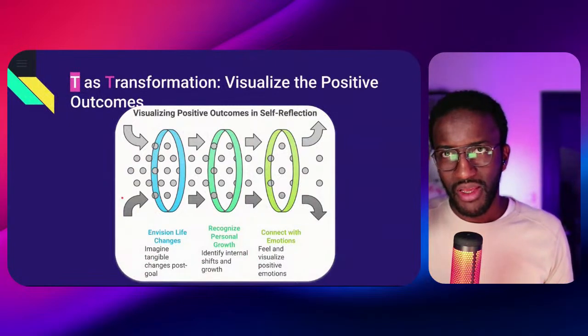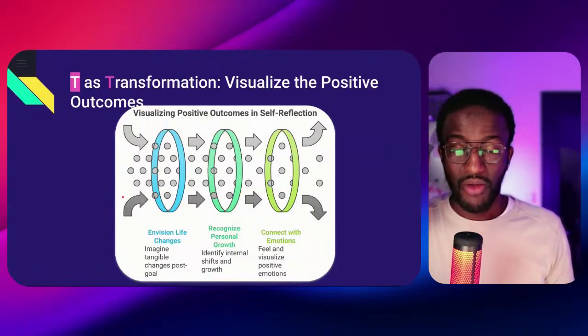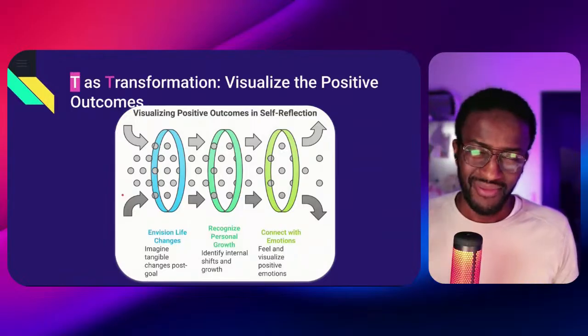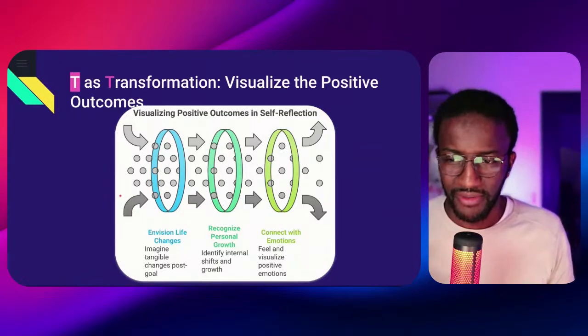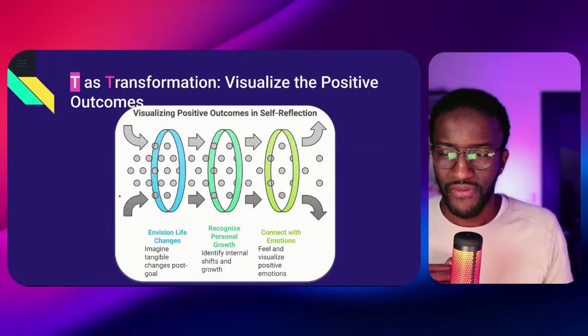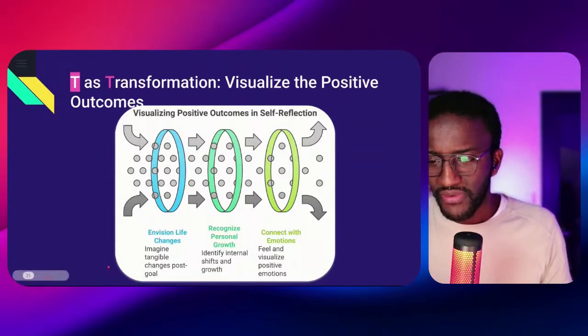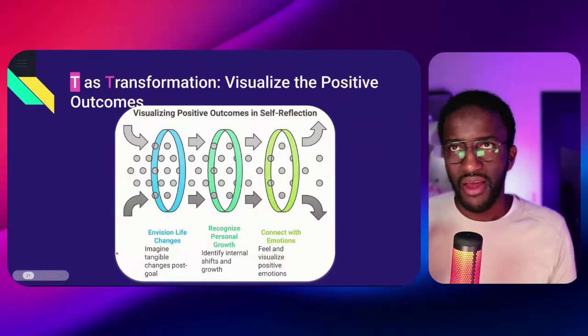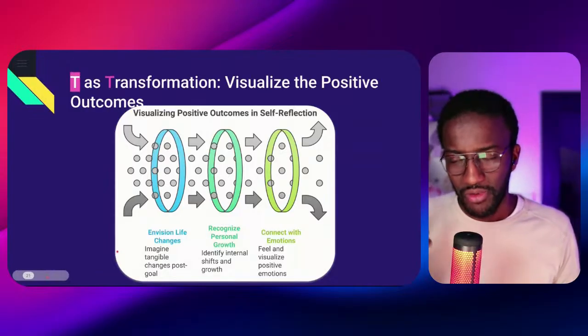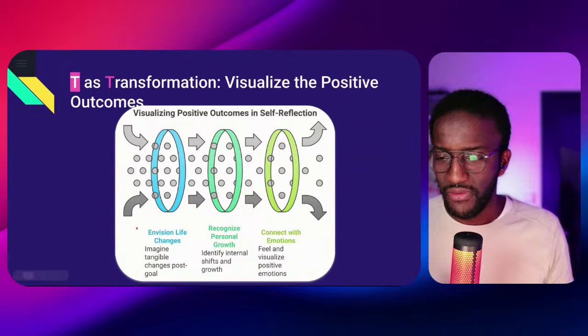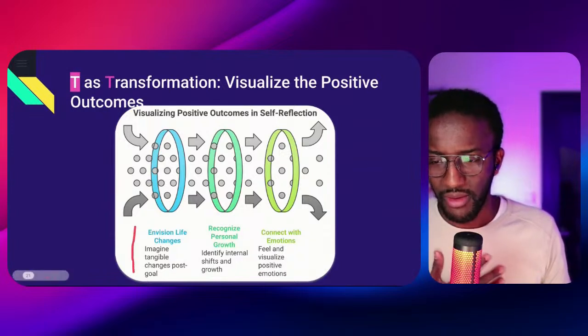So even if you are not there yet, you have to visualize. I will not say manifest, because manifesting things just by thinking about them is something that is okay, not really always the thing. But the most important thing is, let's say, to envision life changes, to imagine how the world will be once you have achieved what you want to achieve. It's something that you can visualize. Okay, this is something that is really important.